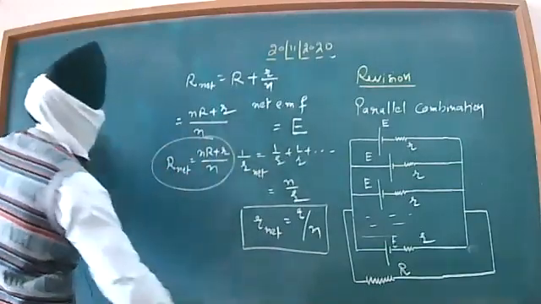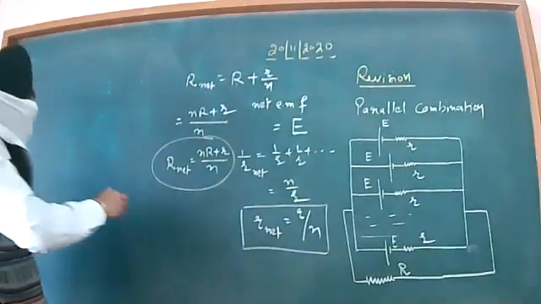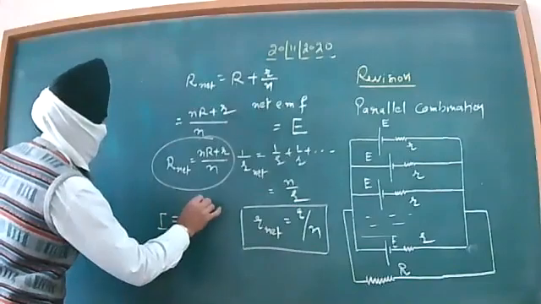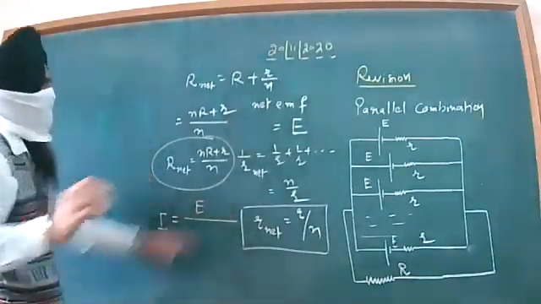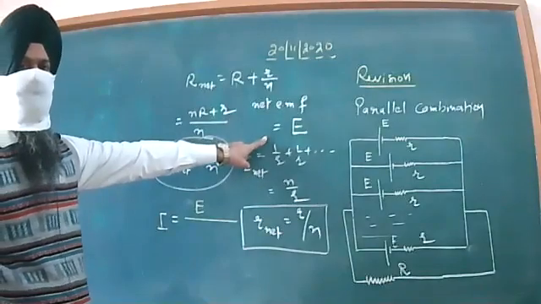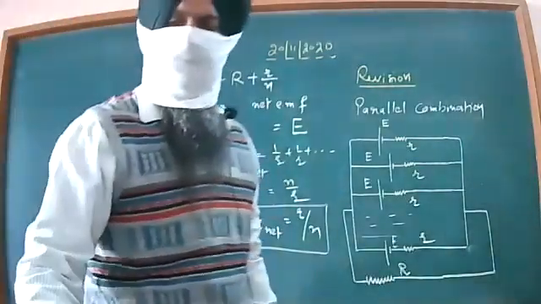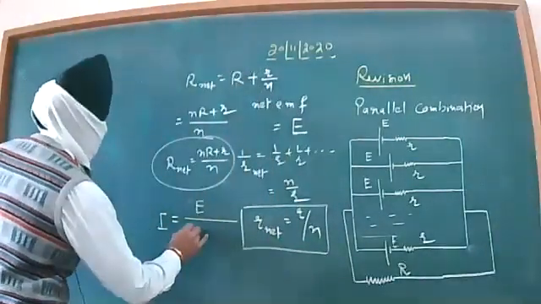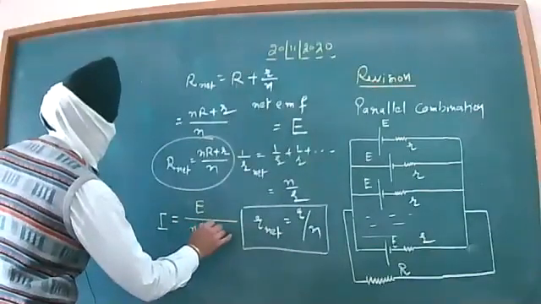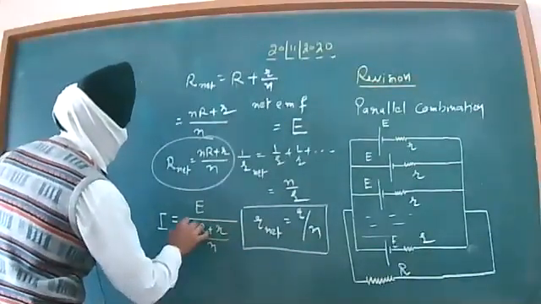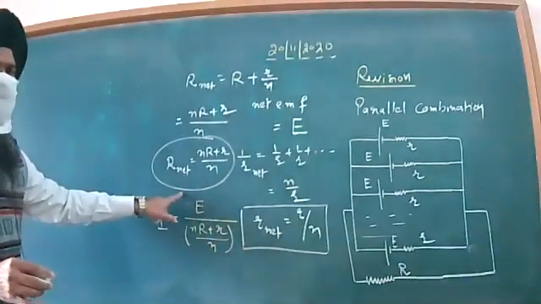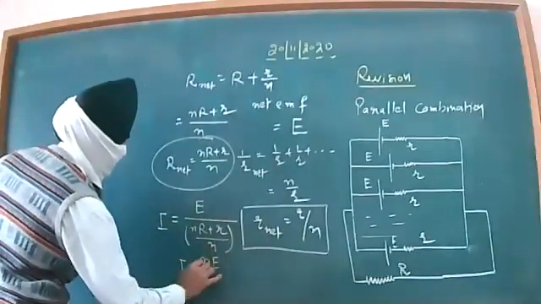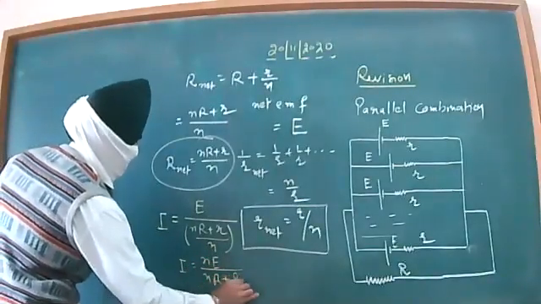In order to calculate the electric current in this cell combination, it will be equal to the net value of EMF, which is available to us as E, divided by the resistance. We have already talked about this. To calculate the current, we need this resistance also, which is (nR plus small r) divided by n. This n can be taken into the numerator, so I will be equal to n into E upon (nR plus small r).